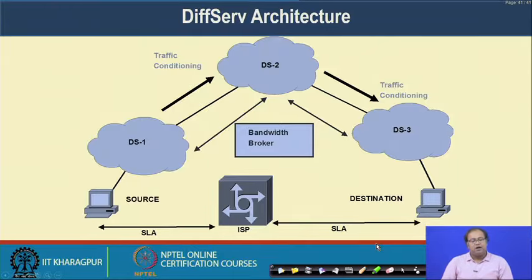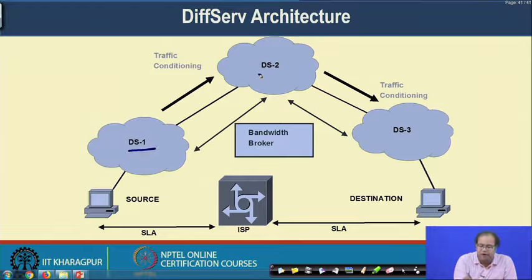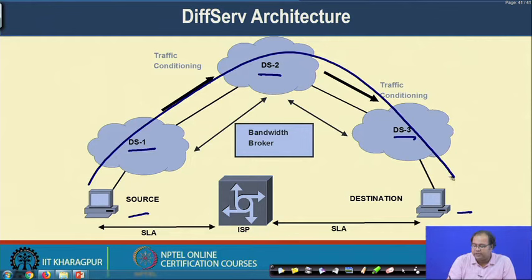Now, this is the architecture of DiffServ. You have multiple DiffServ domains: DiffServ domain 1, DiffServ domain 2 and DiffServ domain 3. Whenever you are transferring a packet from a source to a destination, it needs to go through these 3 DiffServ domains. When it needs to go through these 3 DiffServ domains, what we do is look into the intermediate routers at the edge routers. So, the idea of this differentiated service architecture is something like this, that whenever you are entering a packet into one DiffServ domain,